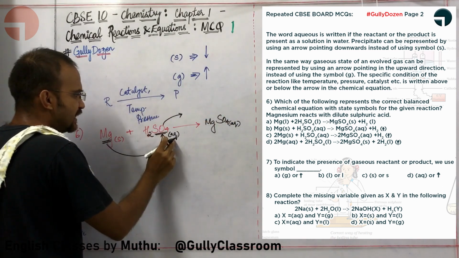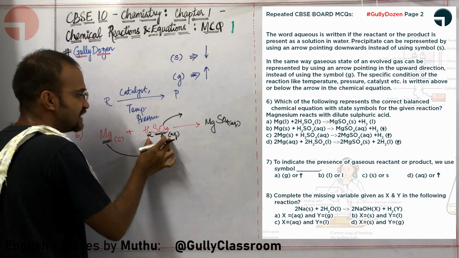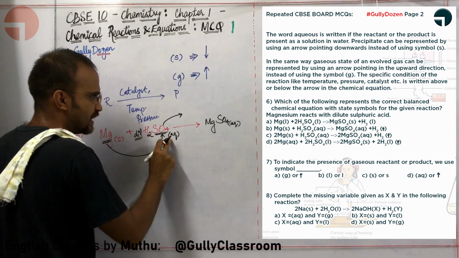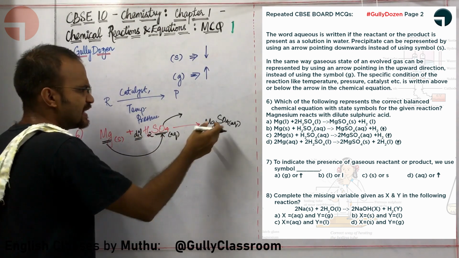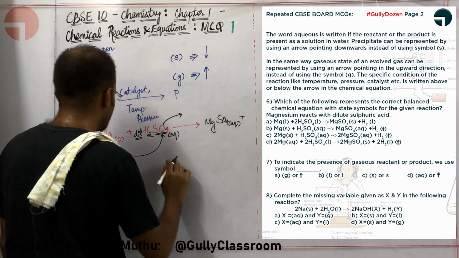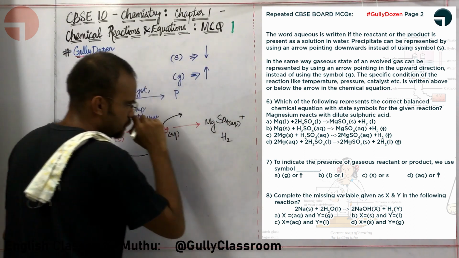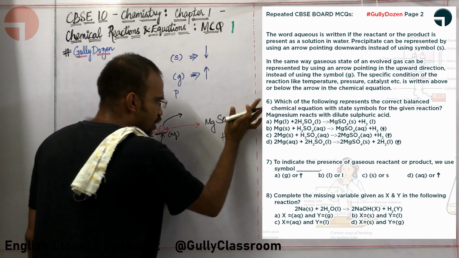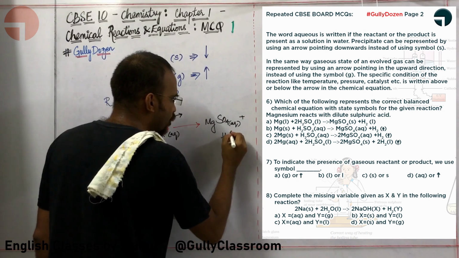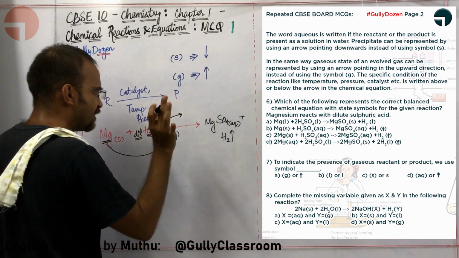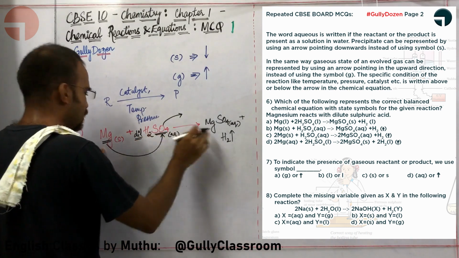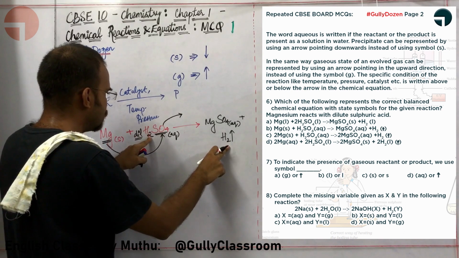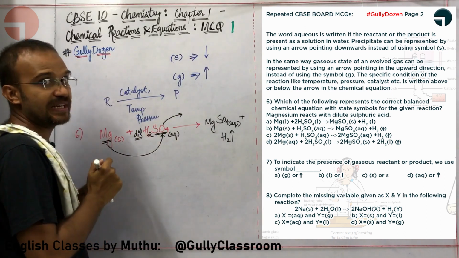Because here H2SO4 is a dilute sulfuric acid, water has to be present, hence it is in aqueous state. This water will also be present as a medium of reaction in the product also. What is being displaced? H2 is being displaced. It is sent out as a gas. I can either put a G here or I can also use an arrow here. Now I think I have written a balanced equation. Let me check whether the equation is balanced. Here there is 1 Mg, here there is 1 Mg. Here there is H2, here there is H2, SO4 and SO4. This particular reaction is balanced.